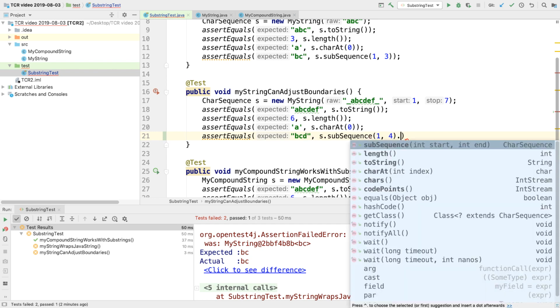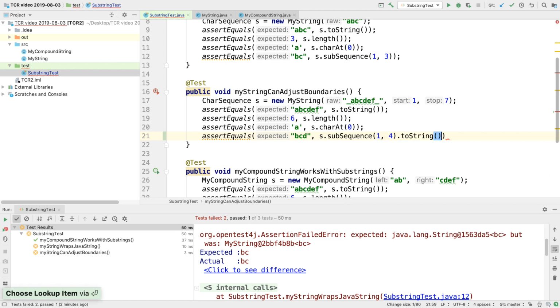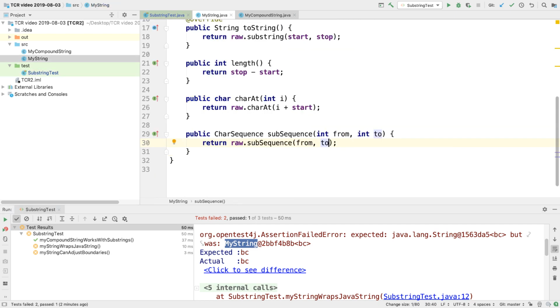but we really need to ask what's your string value. So we had BC versus BC, and I think the problem was one's a string, one's a my string, and they just don't compare equals for free. But if I convert it back to a string, I guarantee that it is a Java string, not a my string. All right, and so